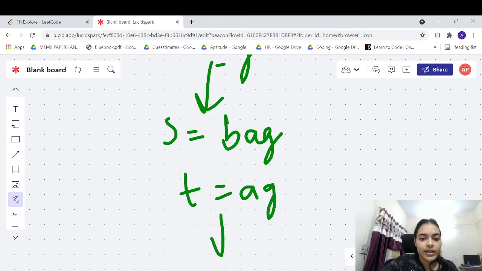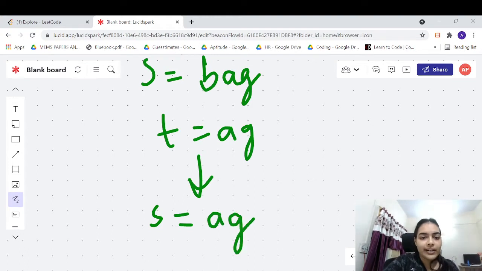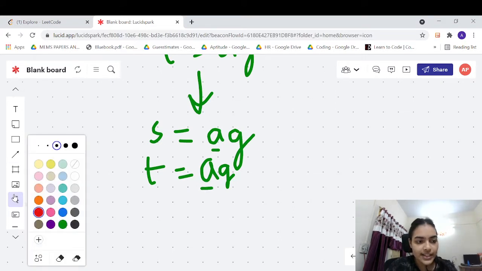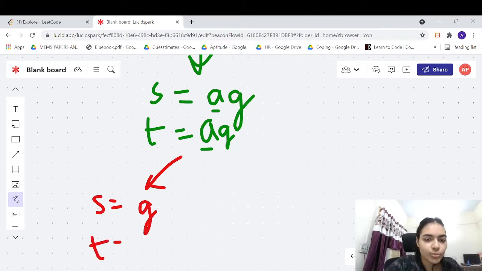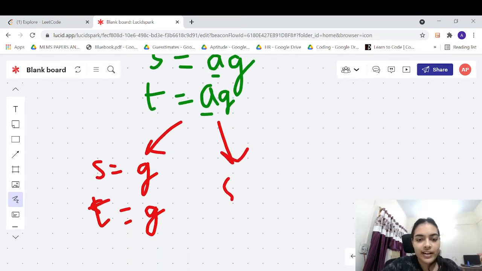Okay, so let's move forward. Again you have one choice, B and A don't match, so with the remaining characters you will try to make AG. Now in this case you can notice that A and A match, right? So in this case you have two choices. So either you take the A that you have with you. If you take the A that you have with you, both A and A will get cancelled out. Okay, so you have this particular choice, which is a good choice. If you don't take the particular choice, then you can move forward, but you will still have AG to make.